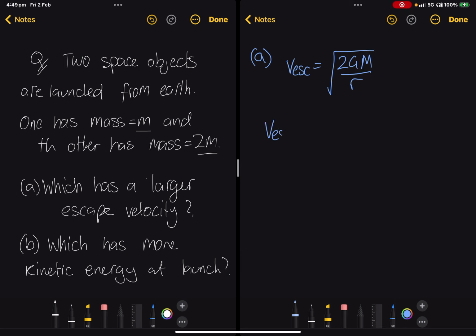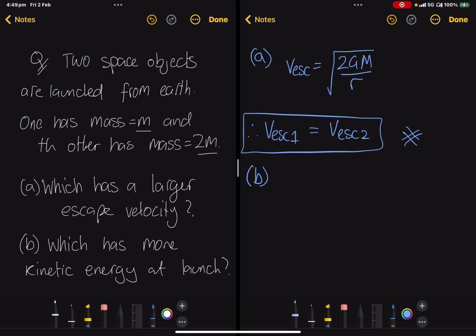So the escape velocity of the first object is actually equal to the escape velocity of the second object in this case. So which one has a larger escape velocity? They both have the same escape velocity, because escape velocity is not a function of their mass. So that's part A. Now if we have a look at part B, we're asked which has more kinetic energy